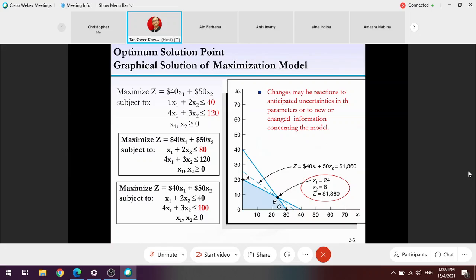For example, labor. If you are operating a company today, you have 40 hours, 40 man hours. You can increase to 80 either with additional headcount, or you can arrange for OT. You also could increase the crane that you purchase, or you could reduce the crane you purchase from 120 to 100 because of maybe insufficient supply or whatever. So we also need to deal with this type of changes in real life.